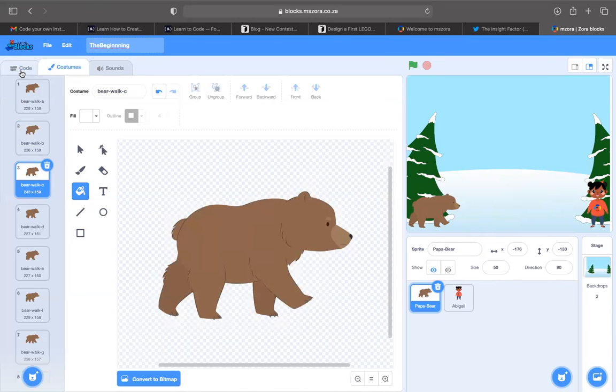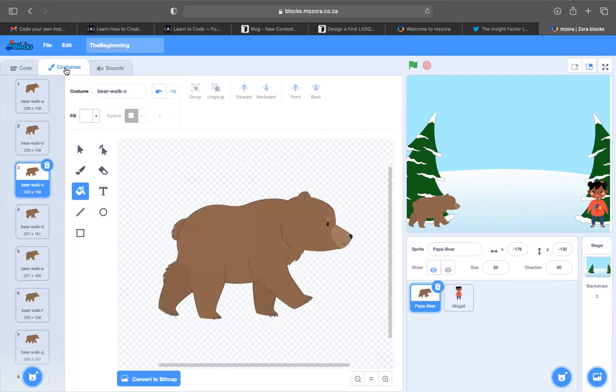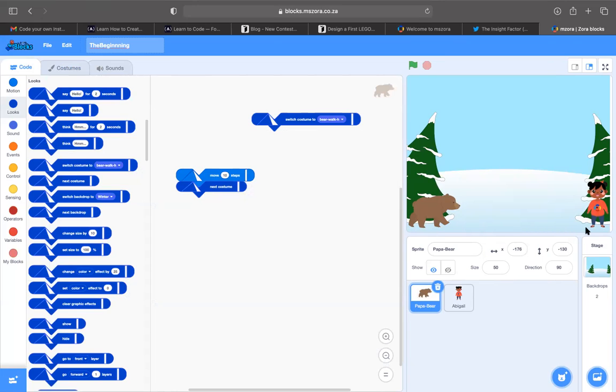So what do we do here? Because I've reached where this costume is. So now I don't understand what I am supposed to do. You are aware of costumes? Yes. Okay. Do you have a bear and a character, a girl? Yes. Okay. Do you have any of the code that you see on your screen? Code. Okay, go to code. Do you see costumes here? Yes. Okay, do you see where it says code? Yes. Okay, click on that code.